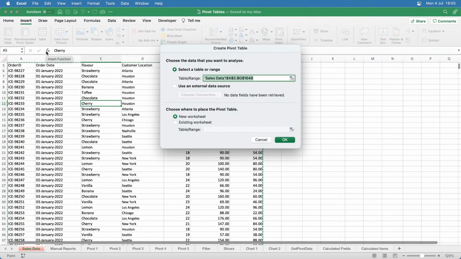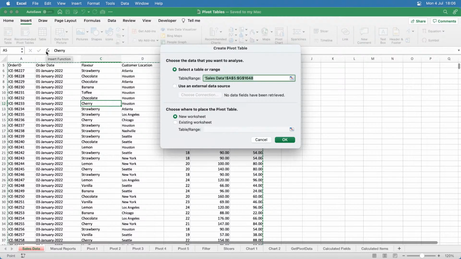And it asks you a couple of questions. And as I said, if you are familiar with the Windows version, there's a lot of similarities. There are a few differences. It could be that you've just bought a Mac. It could be that you prefer a Mac. It could be that you're forced to use a Mac. There's a number of companies, maybe they're Mac only. So if you do need to build pivot tables on Excel and a Mac's your only option, then